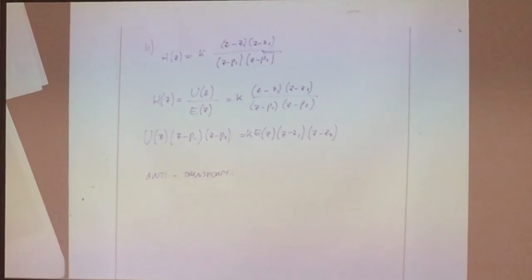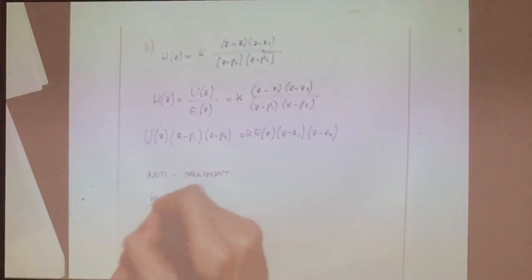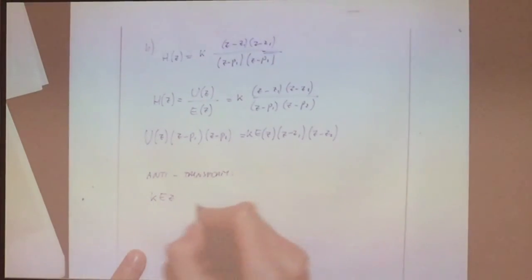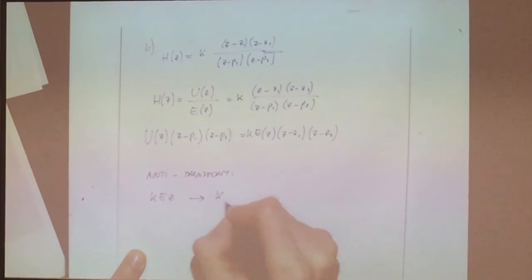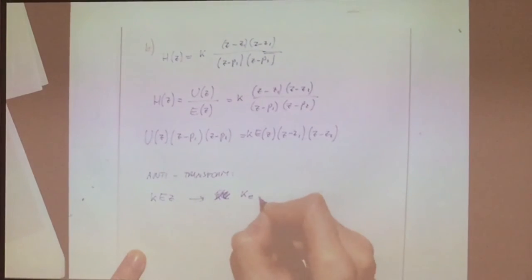You transform, and then you anti-transform. I'm not going to write the whole thing because I think it's pretty straightforward, but you will end up with terms of type K, e, z. And when you anti-transform this one, it becomes K, small e,